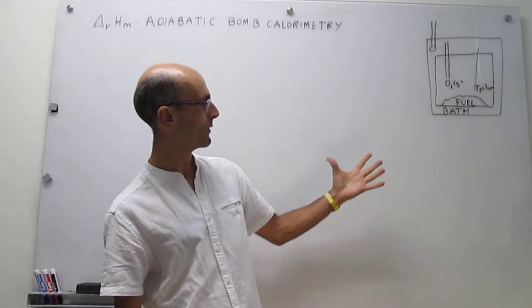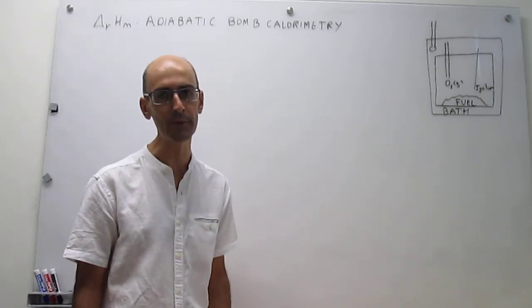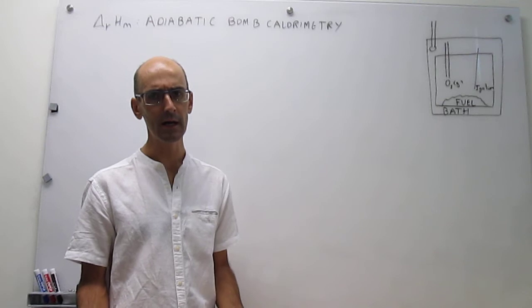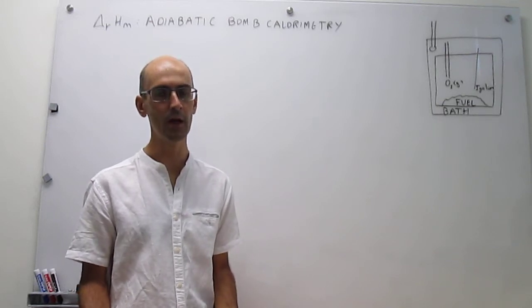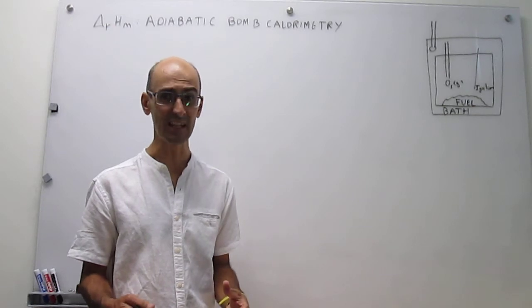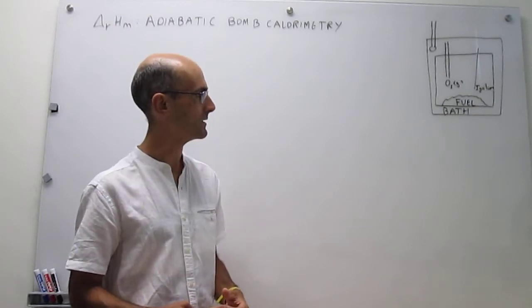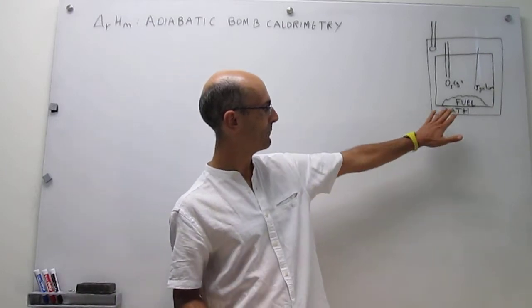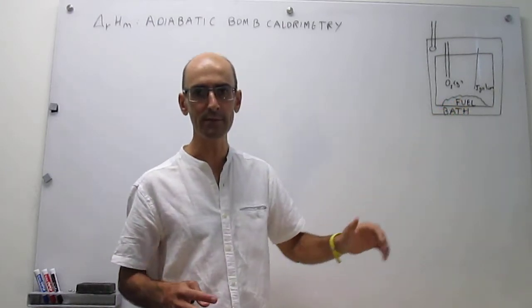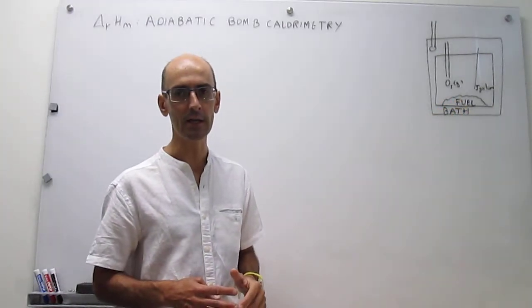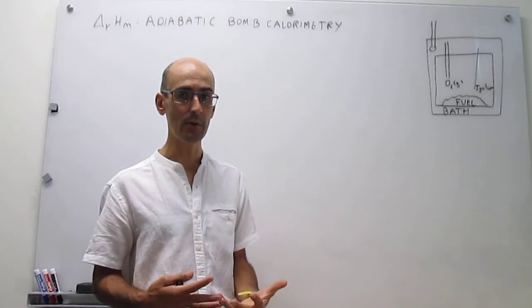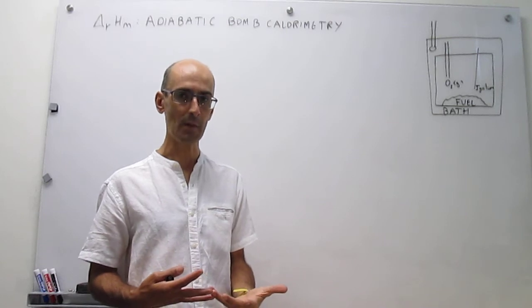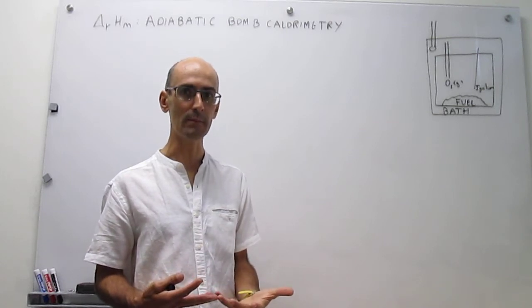Okay, so here what we have is your bomb calorimeter, and bomb here means constant volume, right? That's going to be a keyword in the technique. The technique is at constant volume, which is useful. Right, so the idea is that you're going to be putting some fuel, something that you want to burn, into this bomb calorimeter, and what that means is that the bomb calorimeter is very good to determine the enthalpies of